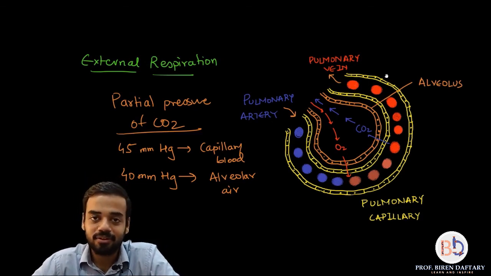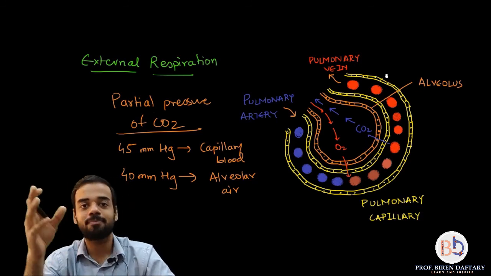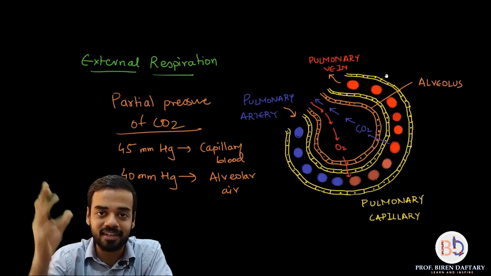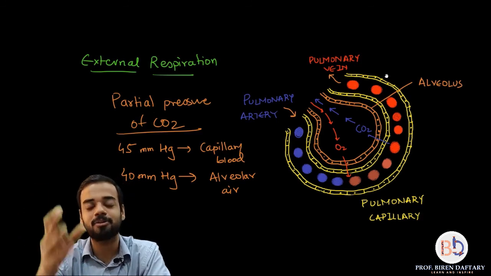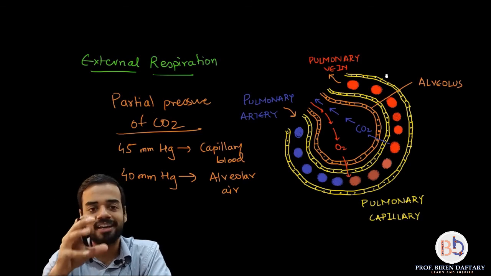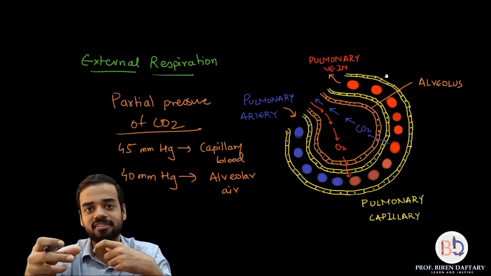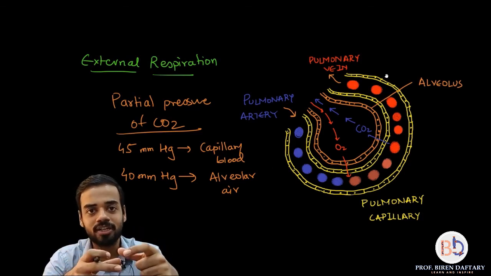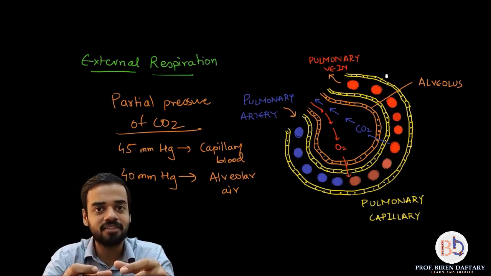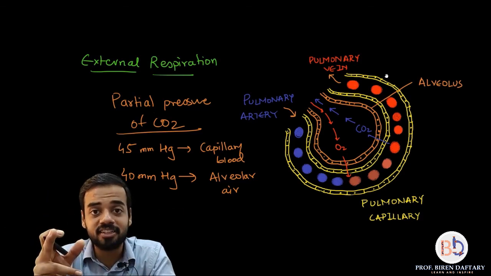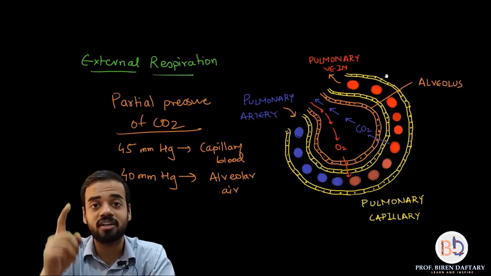Is this clear? Okay, please remember, pulmonary artery and pulmonary vein both are carrying opposite things. Pulmonary artery is carrying deoxygenated blood, pulmonary vein is carrying oxygenated blood. Is this clear? Also, that diagram I had shown how vessels divide. So I hope even that is clear. Arteries divide into arterioles, they divide into capillaries, they divide into venules, and then vein. Where is the exchange occurring? Exchange is only occurring in the capillaries.